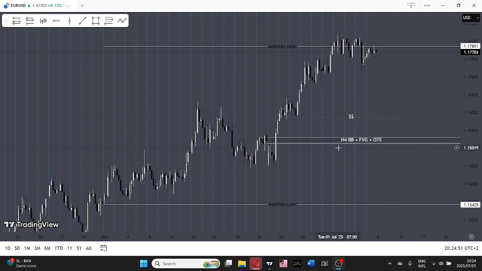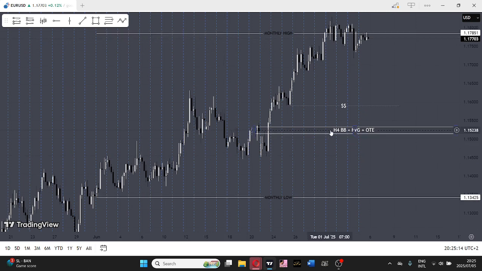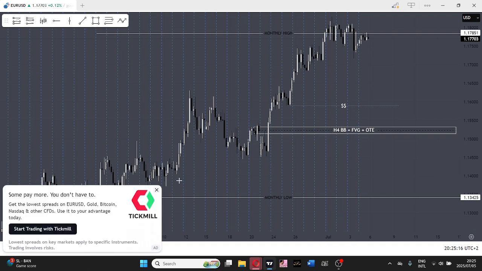So here's another currency pair, which is euro against the US dollar, which means it also has to follow the same direction as GBPUSD. So I mark the monthly high and monthly low, you see. Then as I'm moving down all the way to my entry time frame, I found this 4-hour breaker block, which